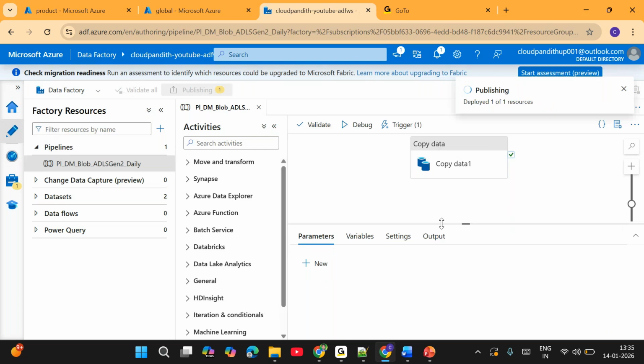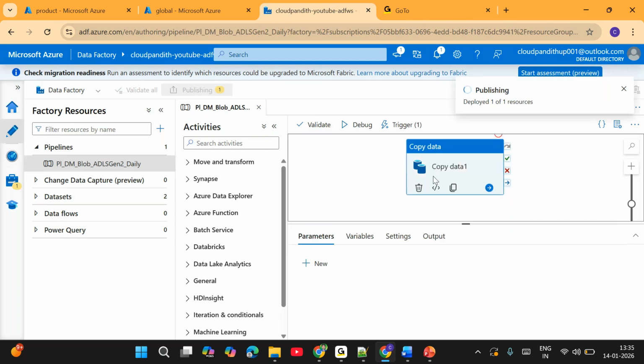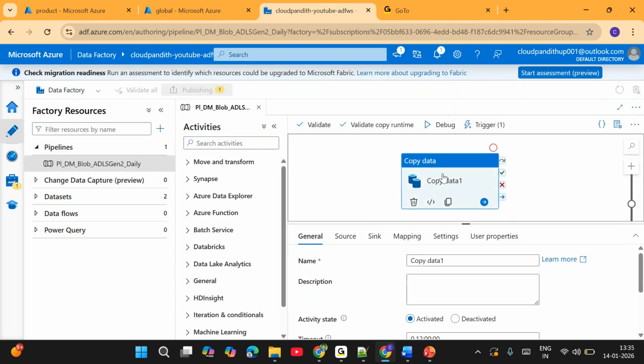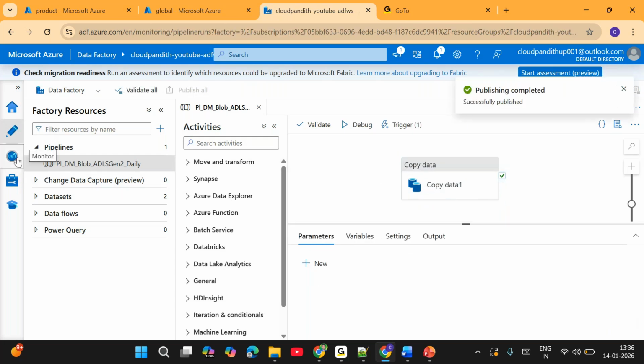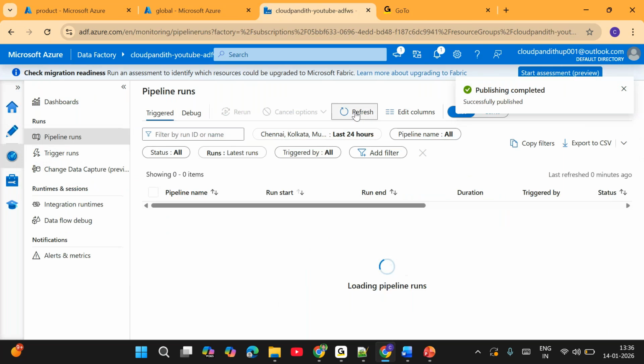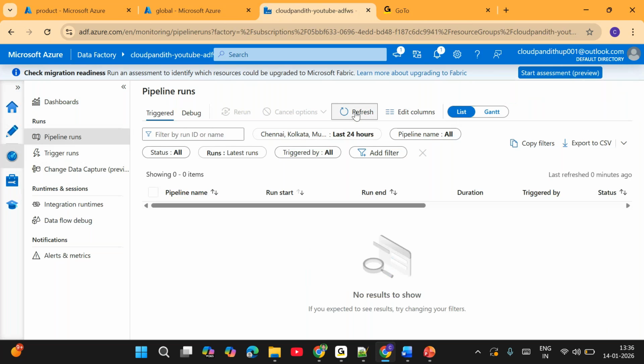If it is not running at 1:37 still, then we need to really look into where we are making a mistake. But it's very simple. I don't see any mistake from our end. It must be a temporary issue, or we need to wait for some time to see whether ADF has any temporary issue. If there is no temporary issue, maybe we need to raise a ticket to Microsoft to understand why this is not running. Because if you look at your